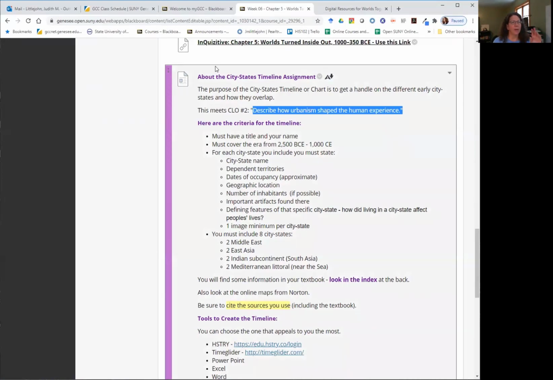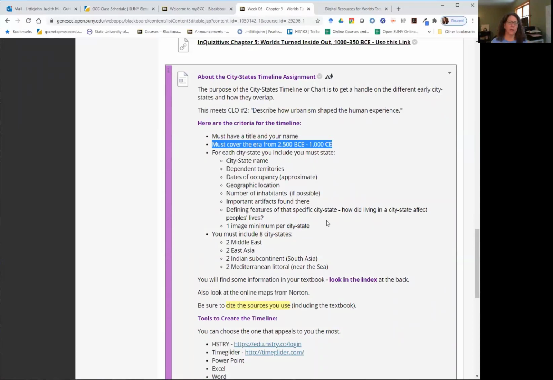And then we're going to break it down into what the requirements are here. What do you have to do? So we have to find city-states, right? Put a title on it, put your name on it. This is the time frame you're looking for. For each city-state, you're going to put their name, the territories, when it was occupied, where it was, how many people lived there, and what all was happening there.